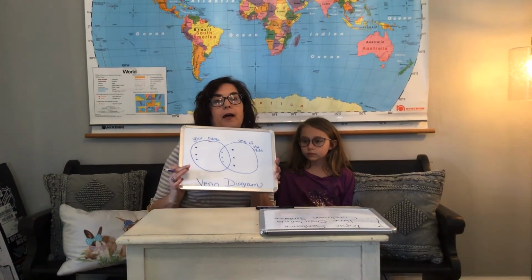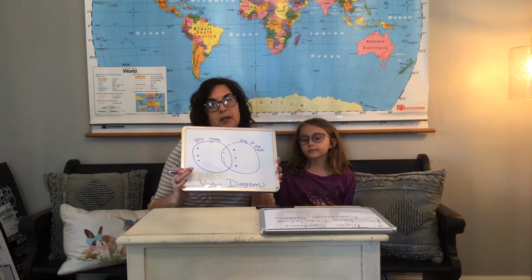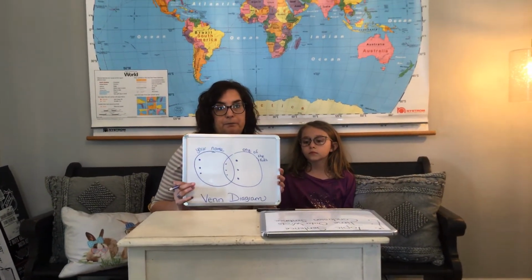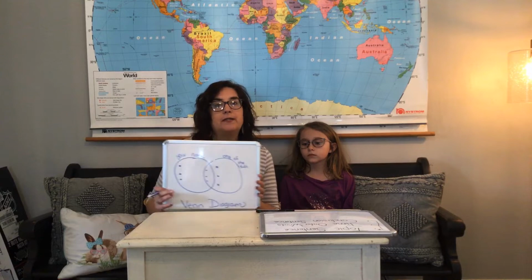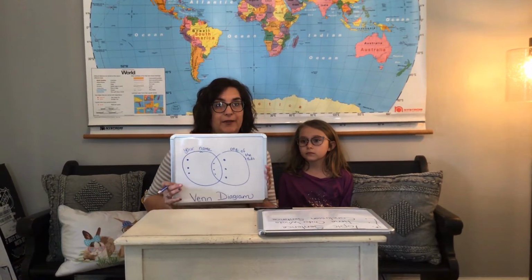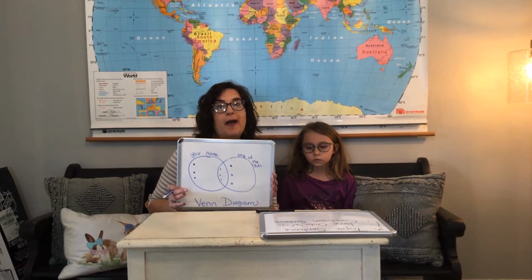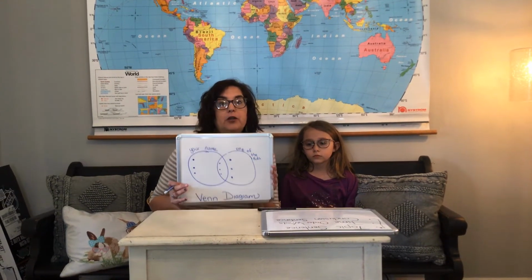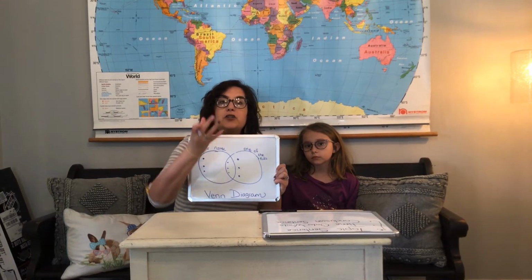Okay, so that's just a little quick reminder of how to organize your thoughts on the Venn diagram. Once you've done your Venn diagram, you can just do that on a piece of paper at home. I don't need to see your Venn diagram. Once you have your Venn diagram, you're going to take all of the information from in here